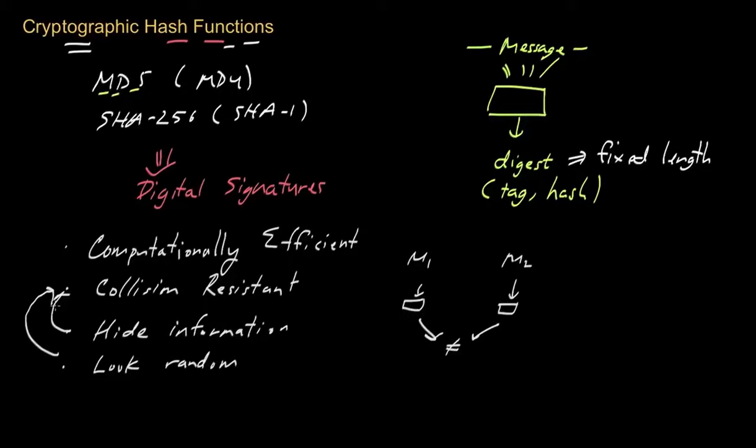Because just the fact that you can't predict the output and the fact that it hides all this information implies that it's going to be hard to find two inputs that are distinct and collide. So sometimes you get one property in exchange for the others. And the second thing I want to point out is that two properties